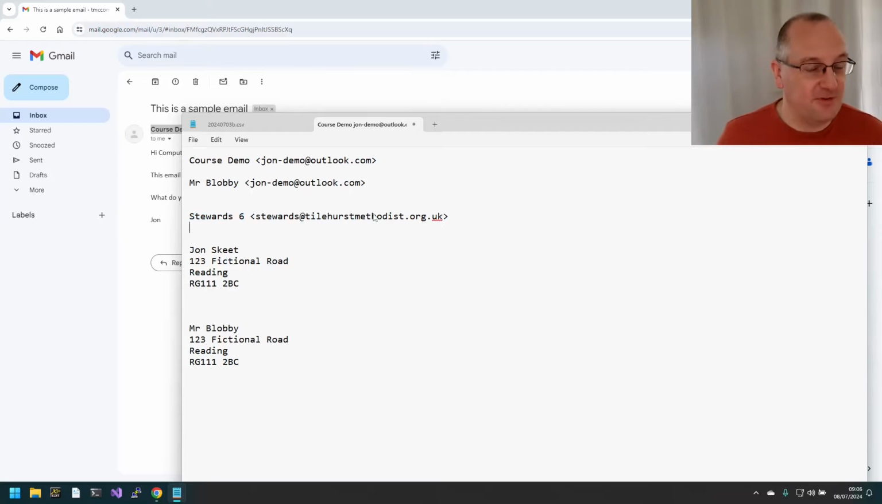And for ages, people were saying, oh, should I send it to the steward's email or Steward 6? It's exactly the same thing. It doesn't matter at all. Only this bit matters. I'd also say that for at least the vast majority, I don't think it's actually required, but